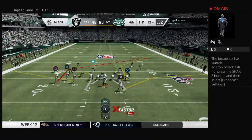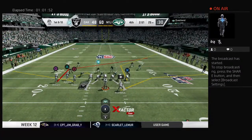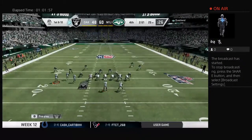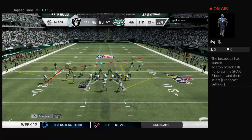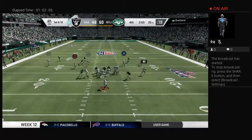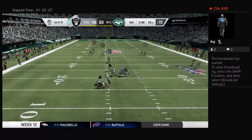The Raider offense set to get this drive started, and they're hoping to redo their efforts in the last drive when they got into the end zone. And just think of what it's like now on the sideline, because when you score a touchdown, you have to go over and look at the tablet and see what you did on the last drive. When you scored points, it's a whole lot better view than when you're trying to figure out how to